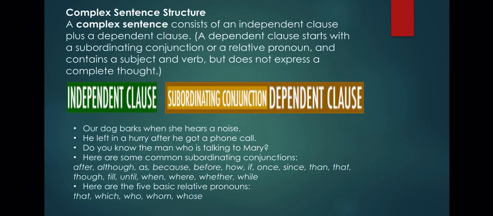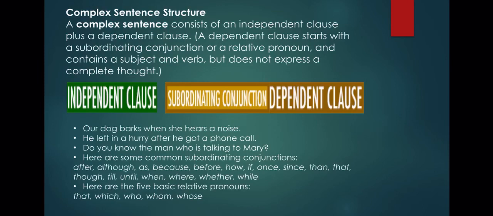This dependent clause starts with a subordinating conjunction or a relative pronoun. For example, our dog barks when she hears a noise. He left in a hurry after he got a phone call. Do you know the man who is talking to Mary? Here are some common subordinating conjunctions: after, although, as, because, before, how, if, once, since, than, that, though, till,